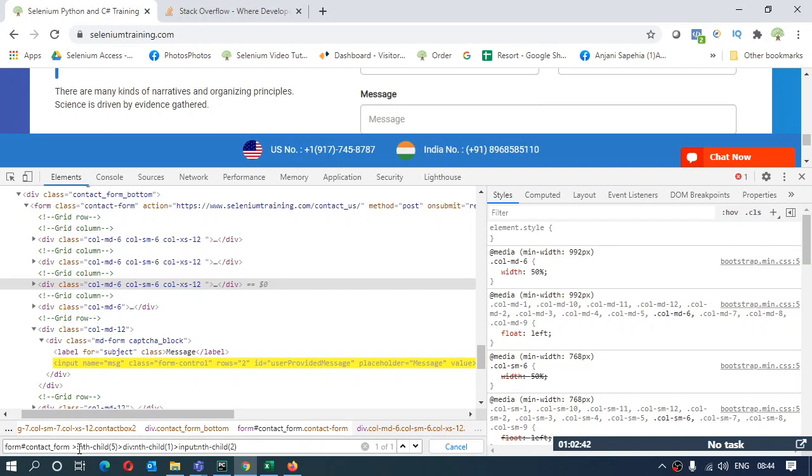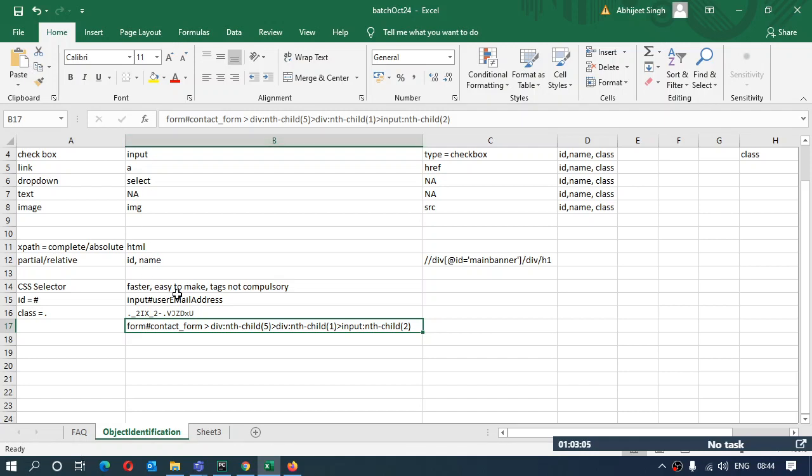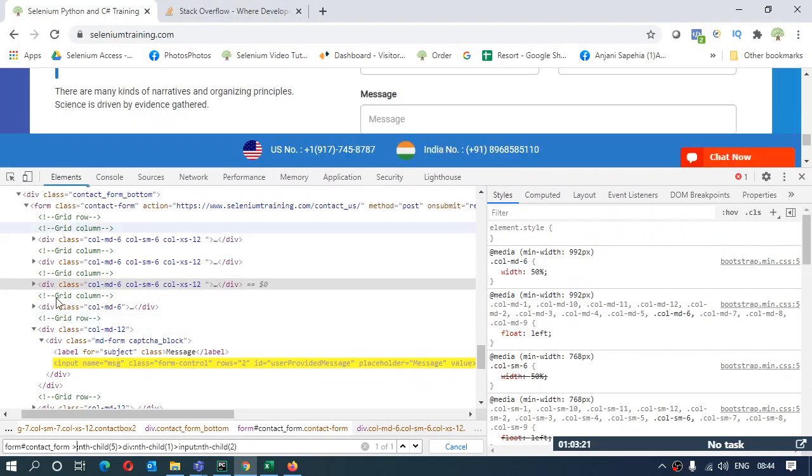Right. Plus the spaces. The spaces are really important in CSS selector because they have some meaning. What meaning it actually has, I will tell you in some time. I'll tell you what the space actually means here. Right. So over here you can see this anchor tag and this colon. This colon is not allowed to have any extra space ahead and behind. If it is having some space, the CSS selector is not going to be made. It's not going to return you anything.